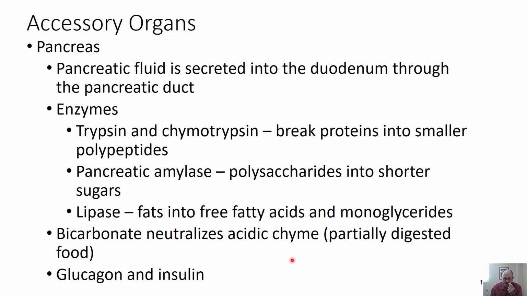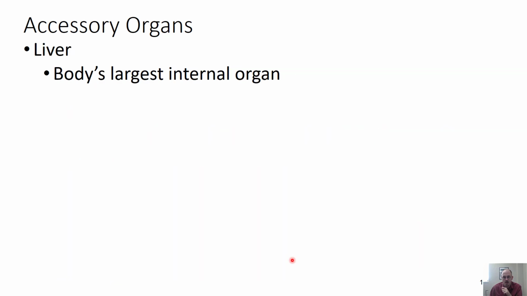Some more things that are going on in here. I just want to mention that this is not secreted into the digestive tract, but the pancreas has other jobs, including the production of glucagon and insulin, which are involved in blood sugar regulation. So there's more jobs to some of these accessory organs than just pure digestion. All right,